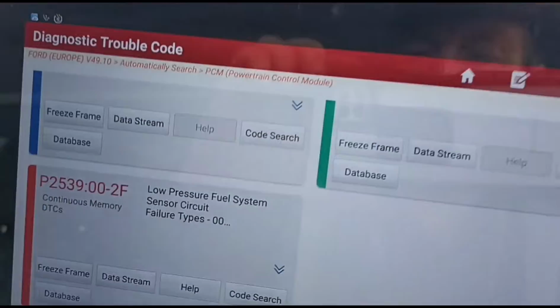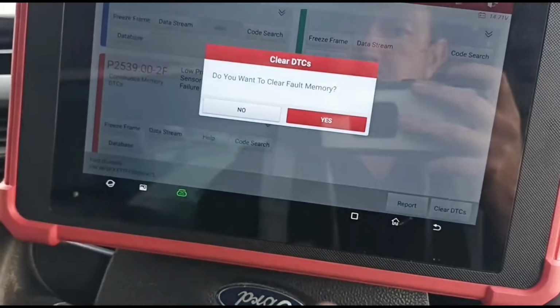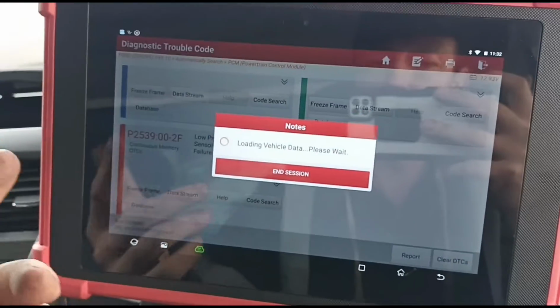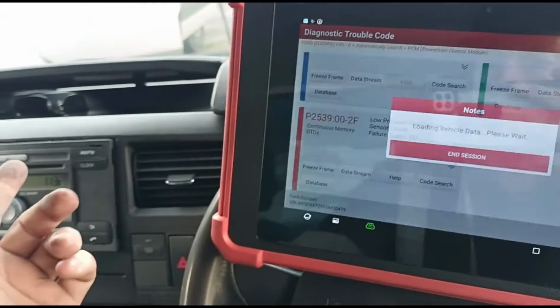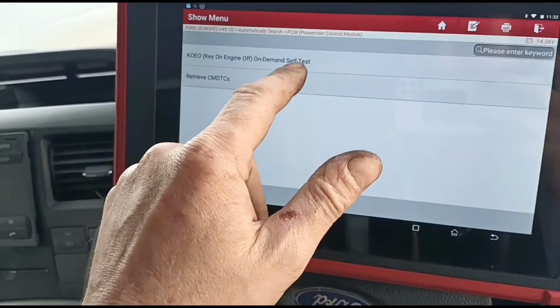Okay, we're back inside. Start the van up. We'll press clear again. Just do the same procedure that we did before. Clear the codes, go back, reread them, see if this low pressure code is gone. I'm not even sure if that is the exact sensor for this low pressure code, because